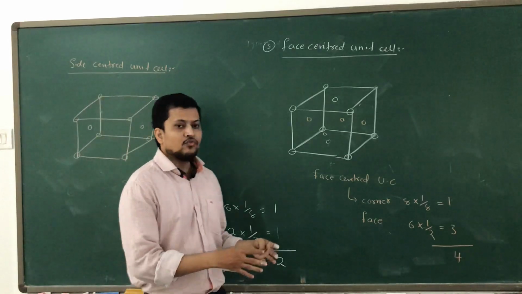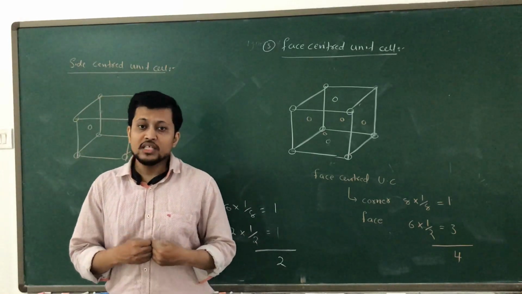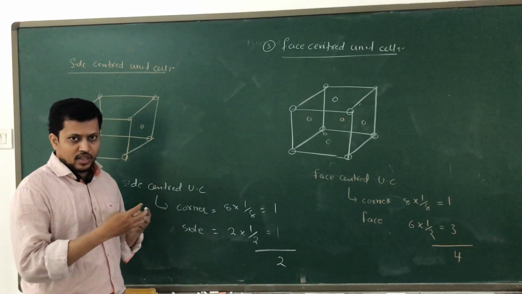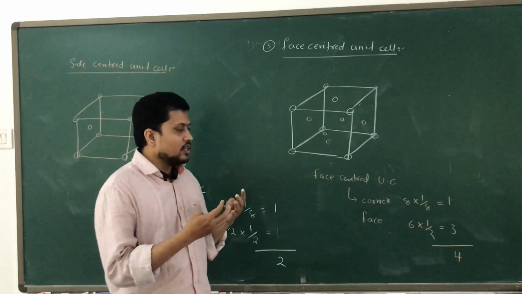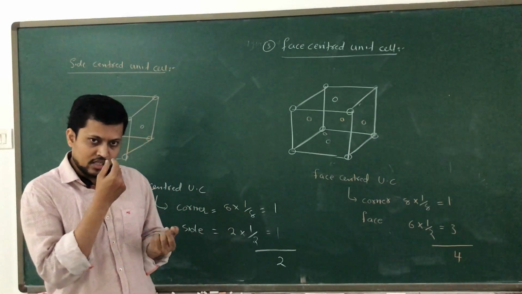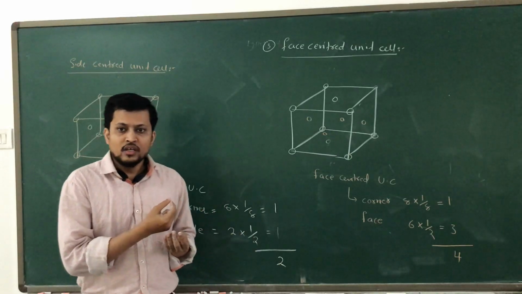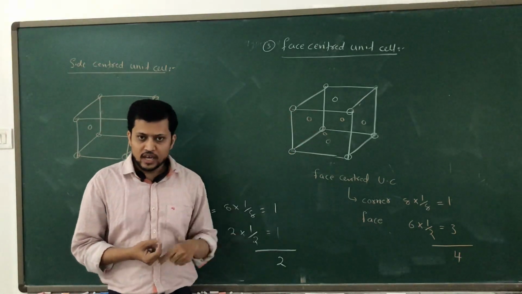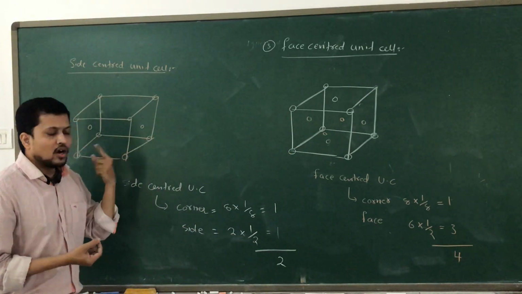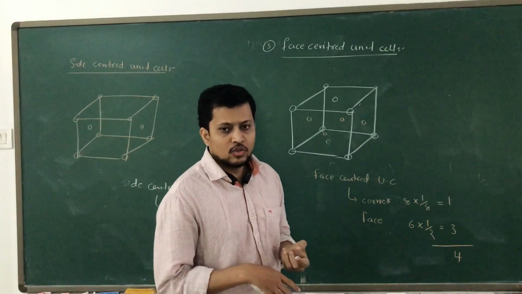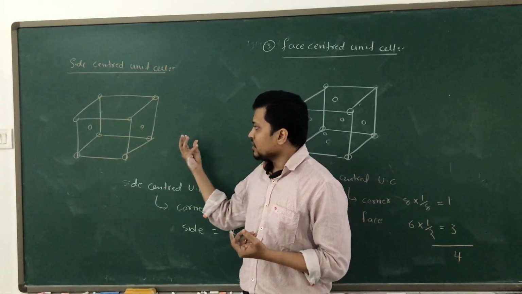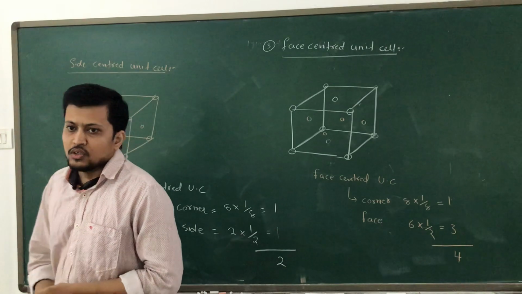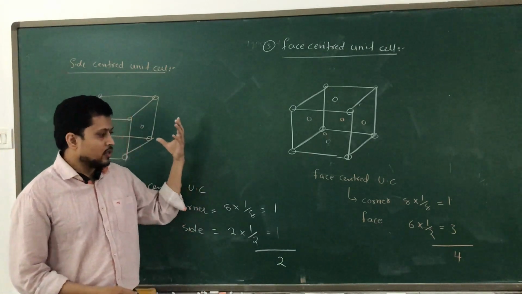So this is what we have about the 4 types of cells based on the atoms which are attached. First, atoms are present on the corners, 8 atoms. Then in the body center, we have an atom at the center of the body. Then in the face center, on the 6 faces we have atoms. Then in the side center, on any 2 sides we have 2 atoms. Based on that, we have also seen the exact number of atoms present in the given unit cell.